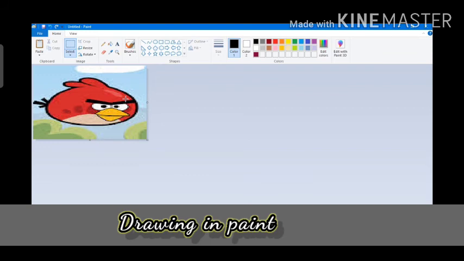As soon as you click on the delete button, the part that is selected will get deleted. Okay, and you can also click on the invert selection option, so that the picture other than what you have selected will get pasted over here. So there are a few things that you can do with the select tool. Okay, you can try it on your own.